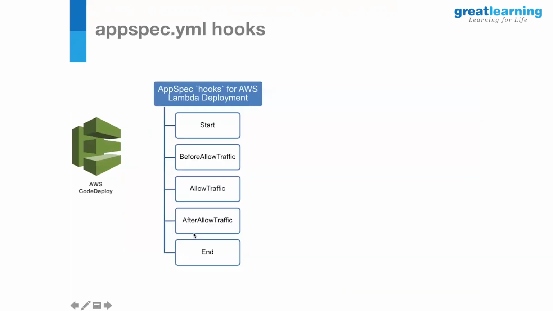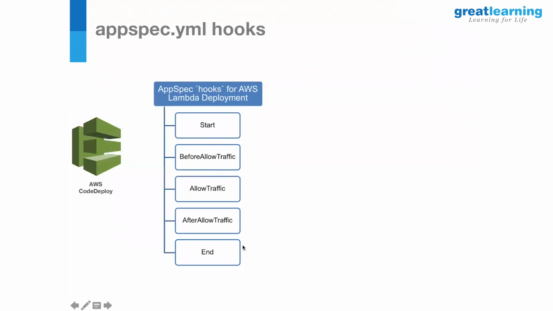The content of the hooks section of the app-spec file varies depending on the compute platform for your deployment. We saw that two kinds of compute platforms are supported for deployment. One is Lambda deployment, other one is EC2 instances or on-premise instances. So the first workflow we are seeing, right? This is for hook script, how it can be positioned